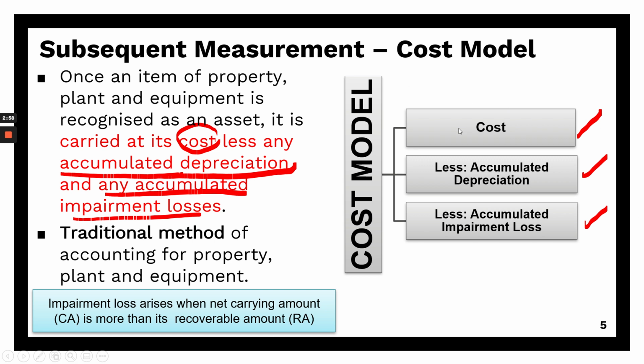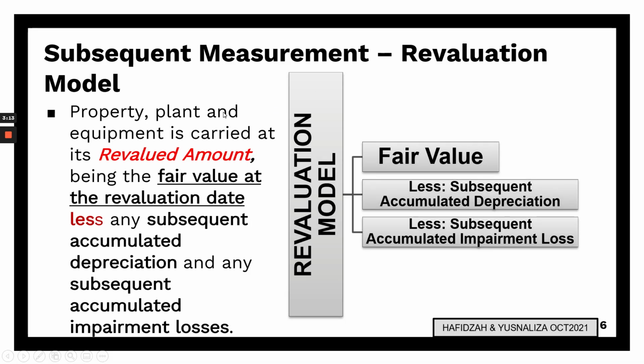The traditional method for accounting for property, plant and equipment is the cost model. Impairment loss will normally happen when the net carrying amount is more than its recoverable amount. The second method is the